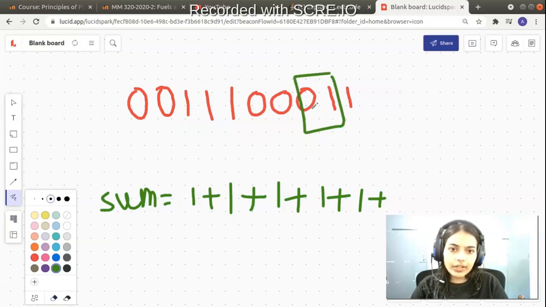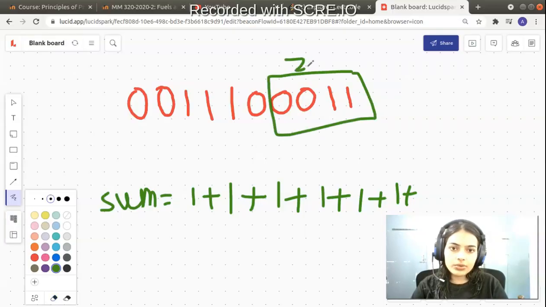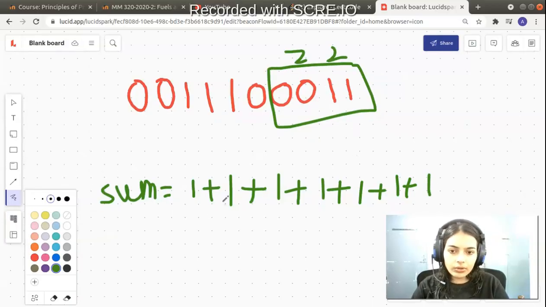Let's go ahead and find more such examples. We have this particular substring which has one 0 and one 1. And let's find the last substring, which has two zeros and two ones. It has the same number of zeros and ones and they are grouped together. So this is the total sum, which is 1, 2, 3, 4, 5, 6, 7, and this is what we have to return as the answer.